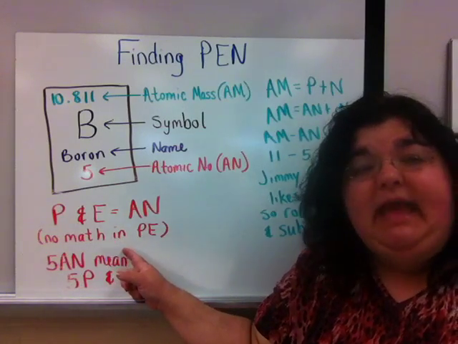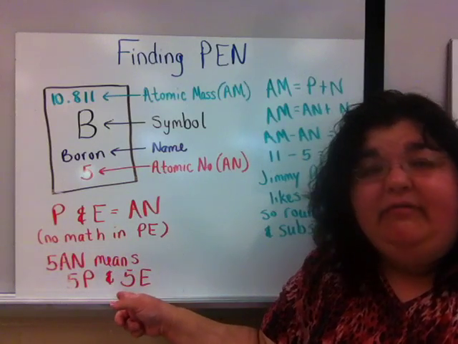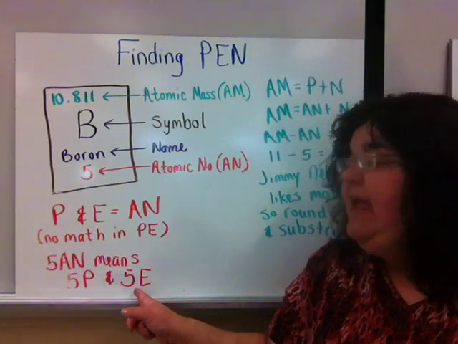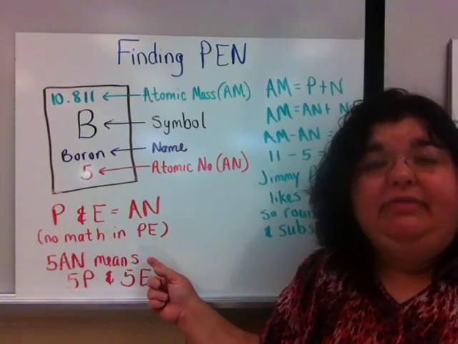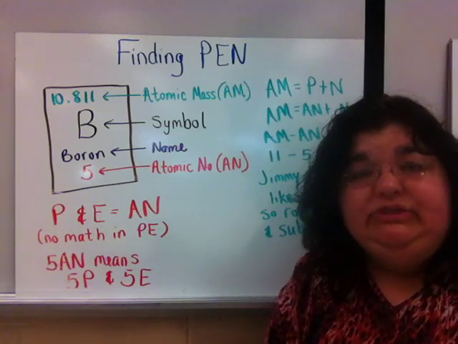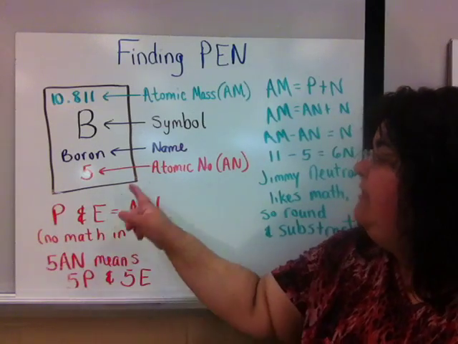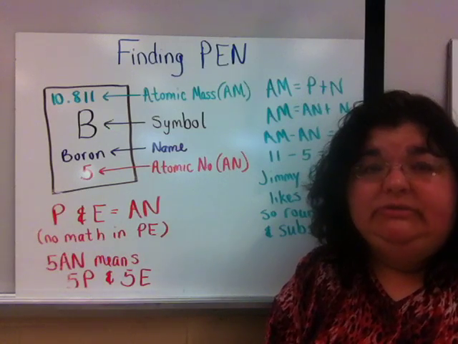That means that if I have 5 for my atomic number, then I have 5 protons and 5 electrons. And the phrase that I use to remember this is that there's no math in PE. So protons and electrons, I don't have to do any math. I just look at the box, find the number that's a whole number, and that is my value for proton